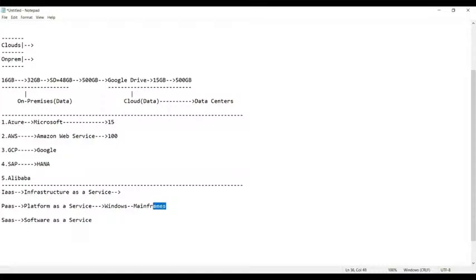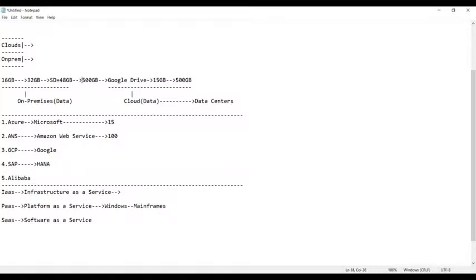Whereas you need not buy this again. Already you have a Windows operating system. You need not buy this again. Why? Simply you need to inform your cloud provider, that is called Azure, to change your service of the operating system or of the platform from Windows to mainframes. So now licensing and everything will be taken care of by Azure. You need not worry.